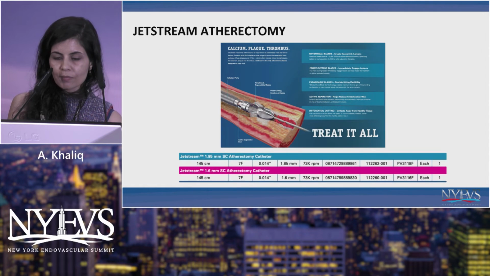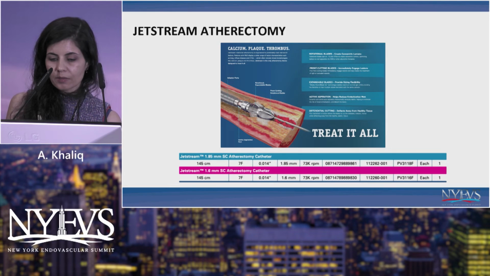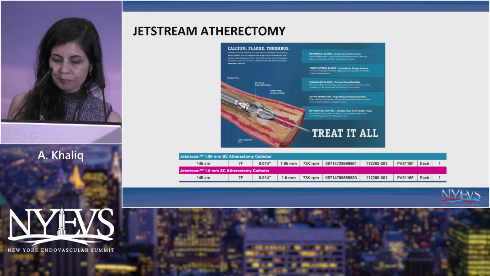Next. Again, now this is one of the other cutting and aspirating devices, thrombectomy and atherectomy devices, Jetstream, which essentially can be used in the below the knee space as well. And they have a 185 millimeter device, which they use in below the knee space. I actually personally have never used Jetstream in below the knee, and I know that it's a Boston Scientific device. So sometimes what